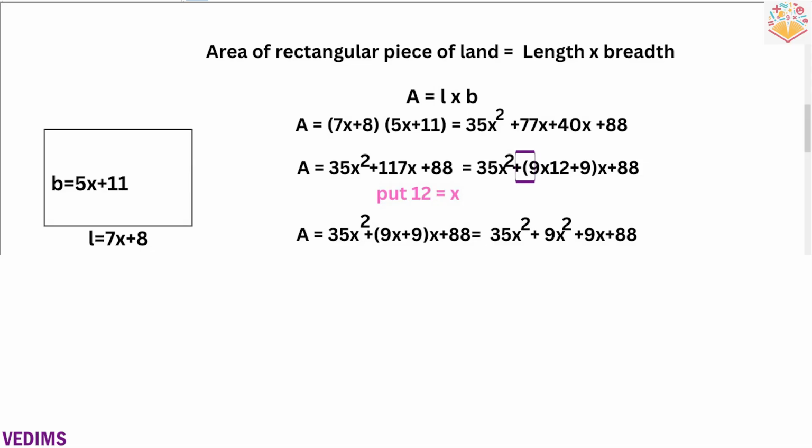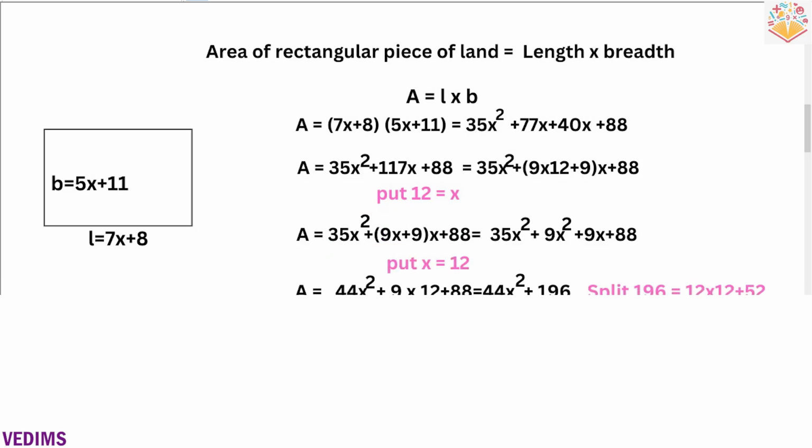I will write it as 9 into 12 plus 9 into x plus 88. Wherever there is 12, put x and rewrite it. Let us write 35x square, 9 in place of 12 you write x, 9x plus 9 into x plus 88. Now remove the brackets. 35x square, 9x into x becomes 9x square, 9 into x becomes 9x and 88 is